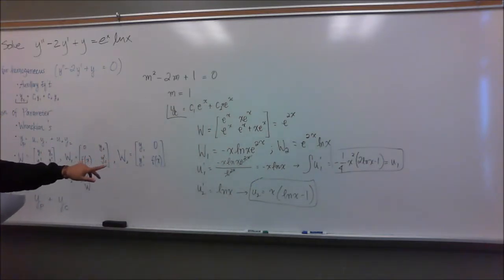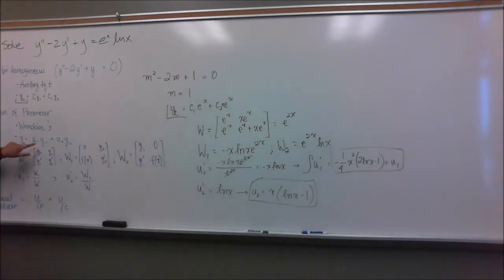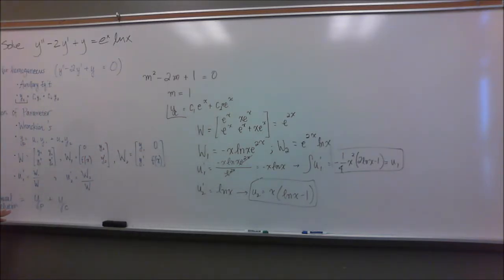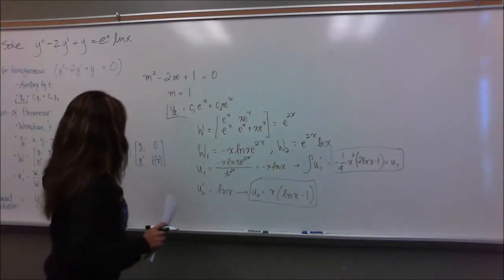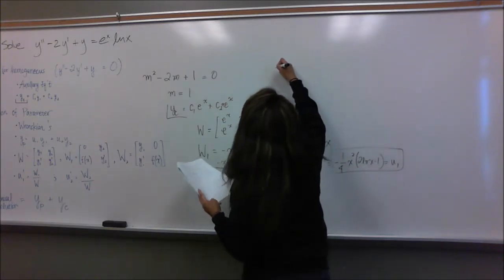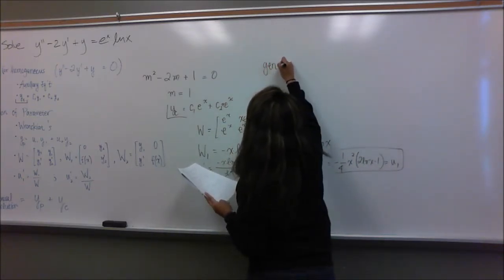And now I'm going to multiply those two with the solution that you got for your y1 and y2 from this upper part right here. And then later on for your general solution, you're going to add the solution that you got for your particular solution, which is right here, to the solution that you got from your homogeneous part. And you are going to end up with the general solution